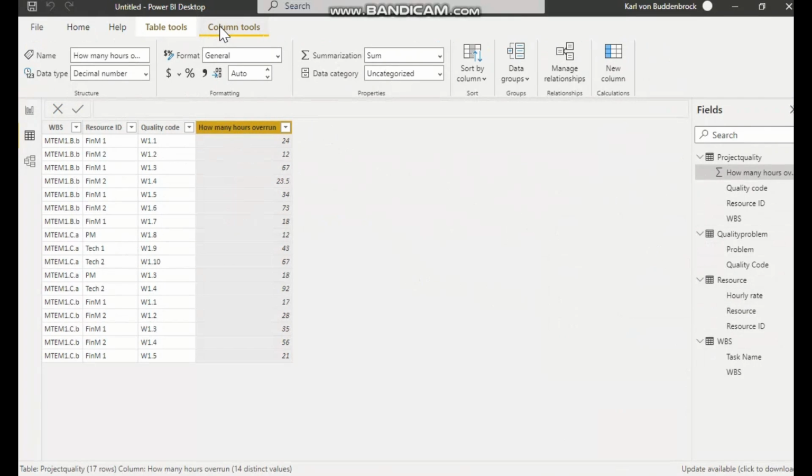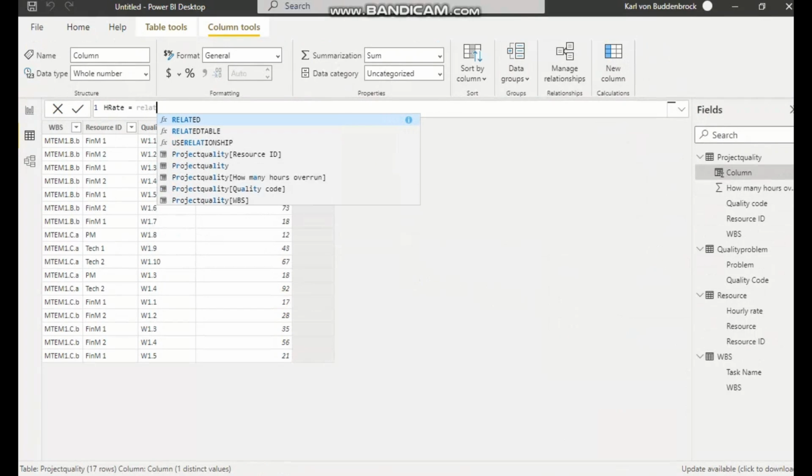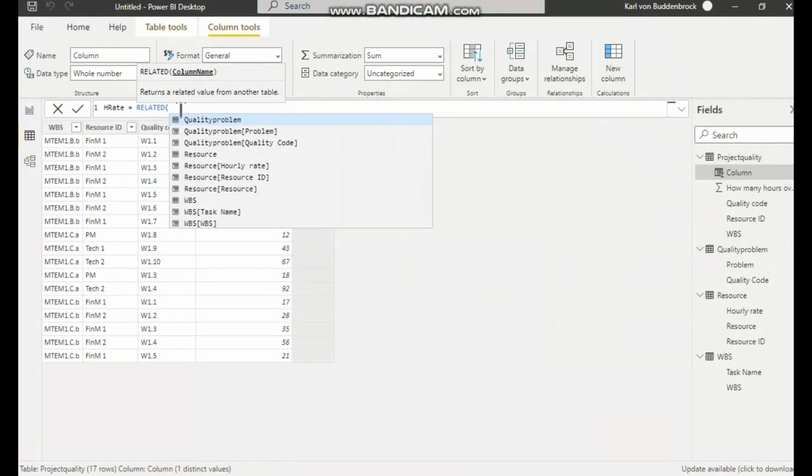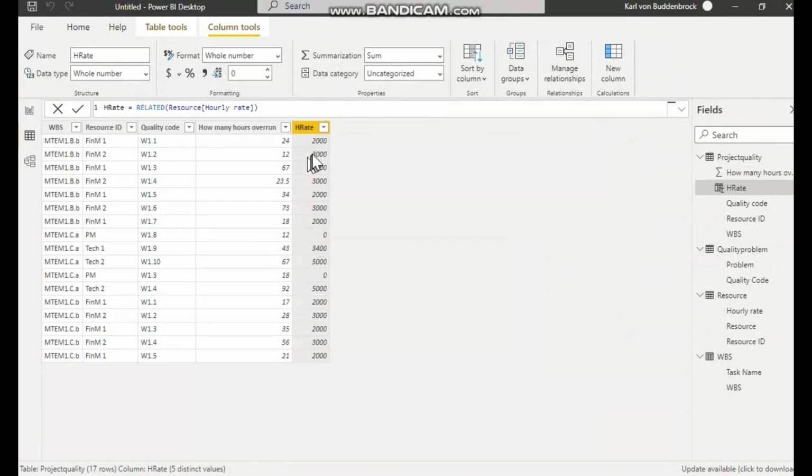So I go here to column tools and add a new column, and I'm going to call this slightly different to hourly rate. So H rate over there equals related. Okay. And when I go to related, I'm simply going to add hourly rate over there and accept. So it pulls that data in, the hourly rate,